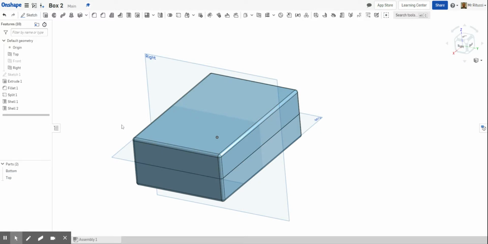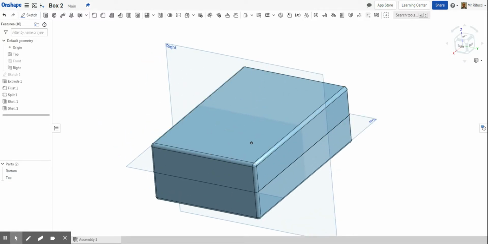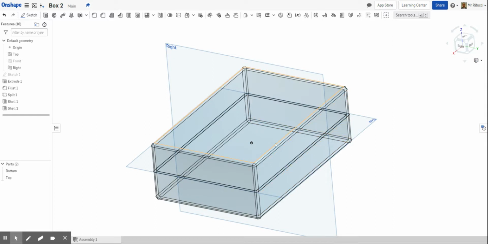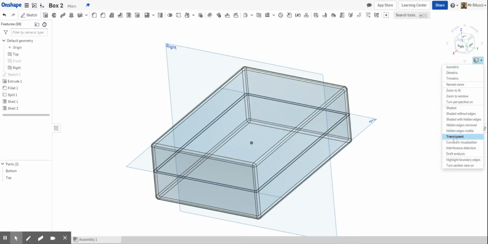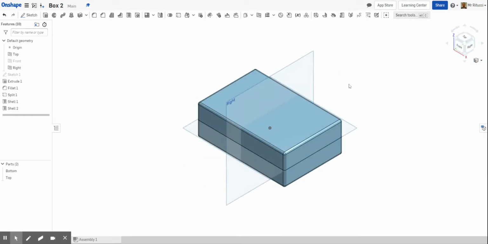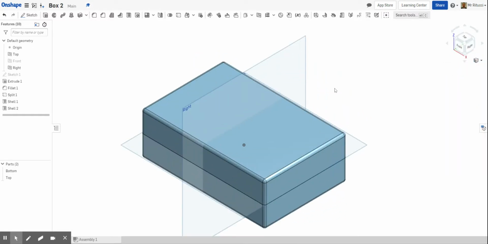So now if we unhide it, we can see, well, we can't see, but if I change that to translucent, this menu's got some interesting views. So translucent, you can see that it's got a box of two halves. Now I'm just going to go back to shaded. I'm going to show you a little trick as well that's also quite good to use. So I'm just going to go to isometric, just to get the view of what's before. Also here, we have what we call the cross-section view. So what we can do is if we go to this menu here and we go turn on section view,